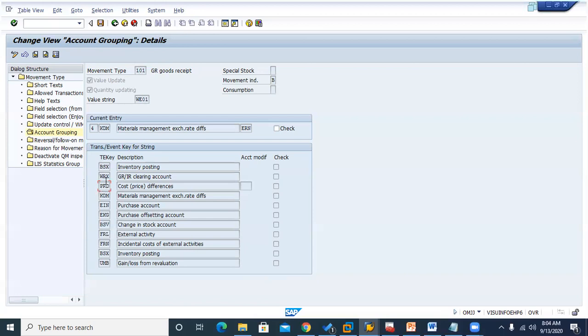So similarly, in one posting there must be only two, but here a third one has also come. The same way, when there is a materials management exchange rate difference, if it is an import procurement, and the exchange rate at the beginning, how much we made it at PO, and later there is an exchange difference, if you have found some difference, in that situation you are going to post the difference with what we have maintained.